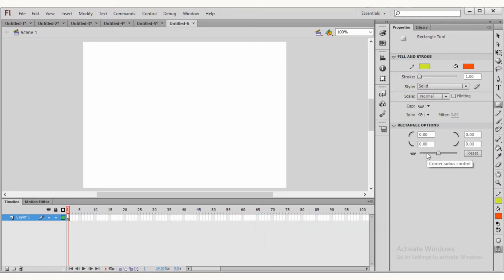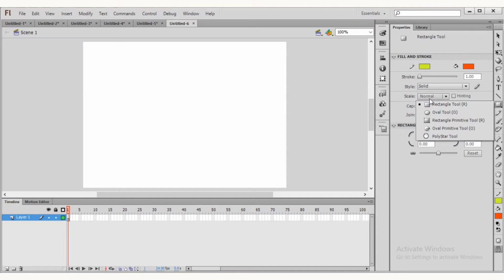So let's now study the rectangle tool. Rectangle tool is present in the tools panel on the right hand side. This is your rectangle tool. The small arrow you can see, we can click on it and different tools will be visible to you all. From this we can select the rectangle tool, or we can simply press R alphabet key from the keyboard in order to activate the rectangle tool.